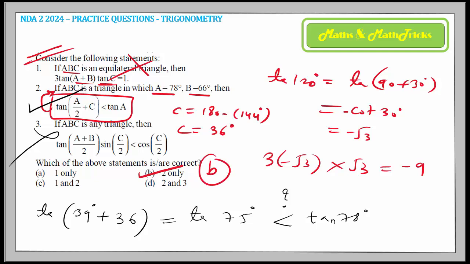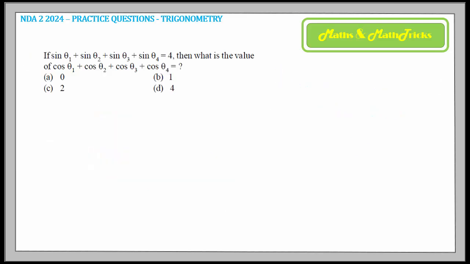Is that all fine? Now quickly coming on to the next question in line for us, and here is that question on trigonometry. Try to understand the given part. So now in this question you are given sin theta 1 plus sin theta 2 plus sin theta 3 plus sin theta 4 is 4. You know, when you have this integer 4 for the sum of the sine functions for 4 different angles, it can never be integer 4 when theta 1, theta 2, theta 3 and theta 4 are different, first of all.